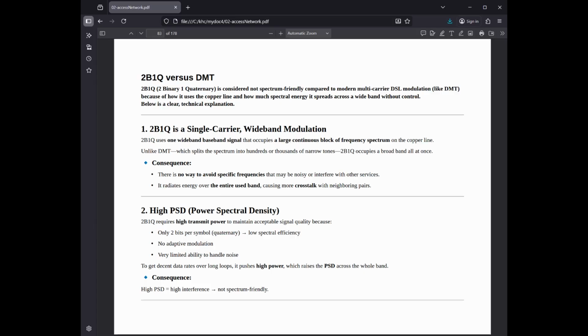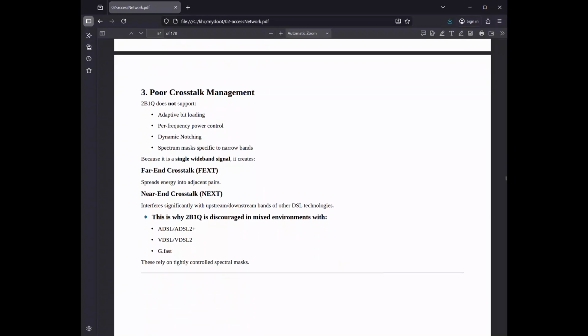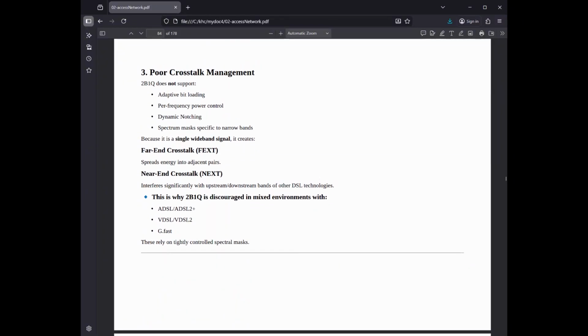DMT, the intelligent multi-carrier. DMT is essentially a version of OFDM, orthogonal frequency division multiplexing. Instead of sending one big stream of data, it breaks the available frequency spectrum into many small subchannels or tones. How it works: in a standard ADSL setup, the line is divided into 256 subchannels, each wide. Each channel acts like an independent modem. Adaptive loading: this is DMT's killer feature. If one subchannel has a lot of